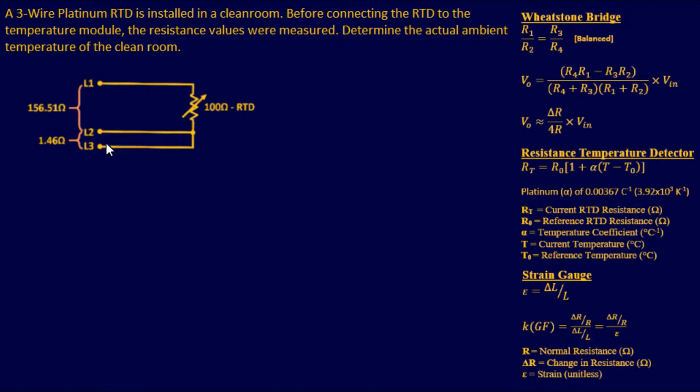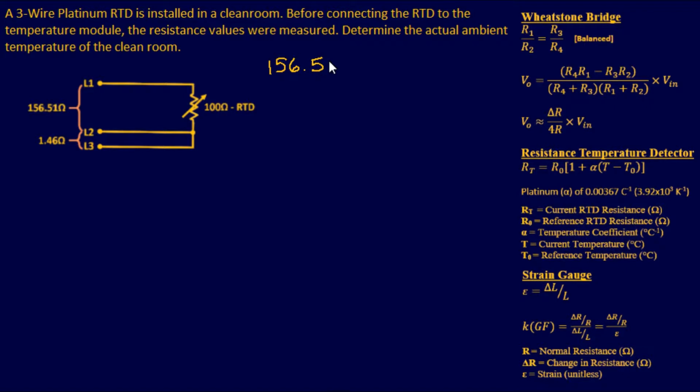And that's important because it gives you a chance to go ahead and omit it or remove it from your total resistance. And some temperature modules out there actually have it so you can input this lead length resistance so that it can automatically omit it from the actual total resistance. So the first thing we're going to do is remove this resistance out of our total resistance. So what we're going to do is we're going to say